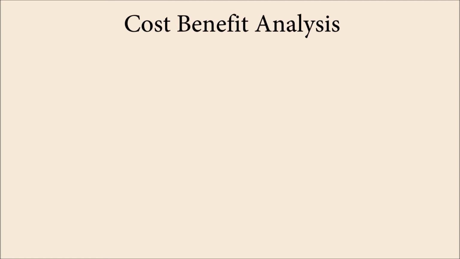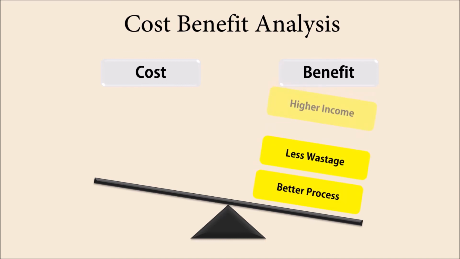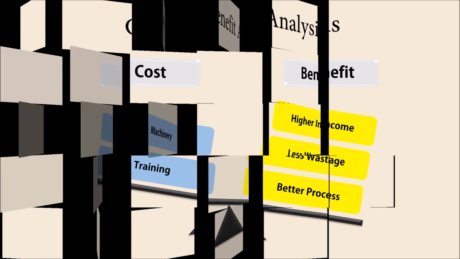The next we talked about was the cost-benefit analysis. Cost-benefit analysis is a simple tool for analyzing the cost and the benefits derived from a decision. One must list down the factors contributing to cost, and if possible, also list down the increase in cost in terms of value. On the other side, you need to list down the benefits. If possible, add a value to that as well. The difference between both will help you make the decision. If the cost outweighs the benefit, the idea has to be dropped, and vice versa.